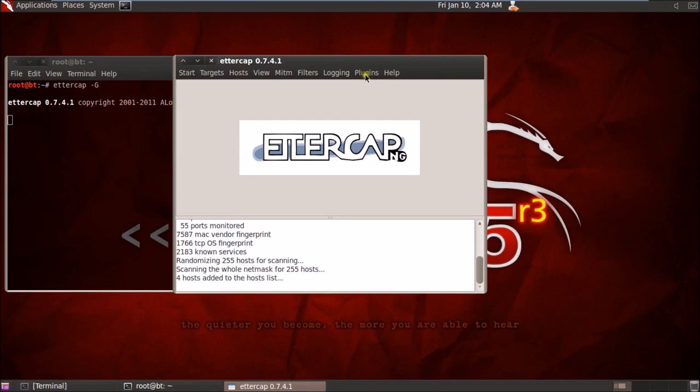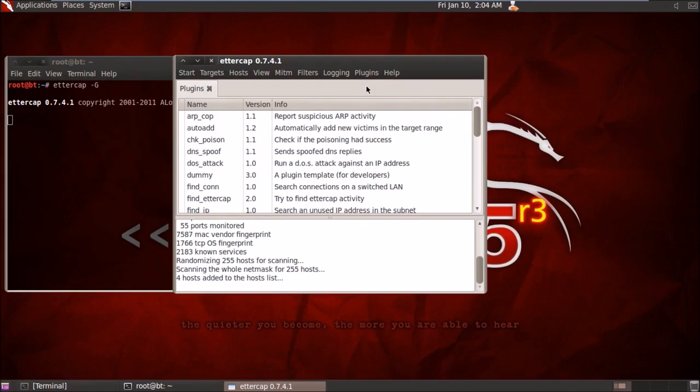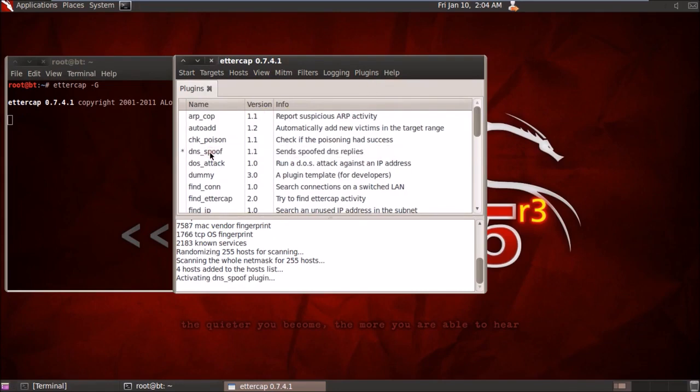As soon as the hosts are added to your hit list, click on plugins, manage the plugins, and choose the DNS spoof plugin. Okay, and start sniffing. So you have a backup as well.